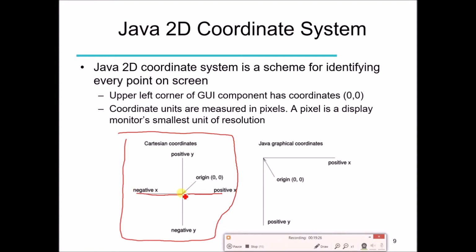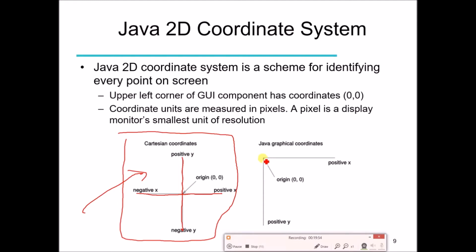Positive y values are along the vertical axis, increasing as we move upward, and negative values increase as we move downward. This is the coordinate system we usually use in physics, mathematics and other subjects. But when you are using Java, remember that the origin of the screen or the Java drawing area is going to be the top left corner.